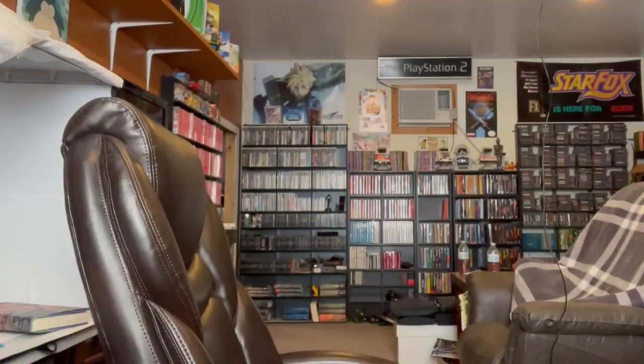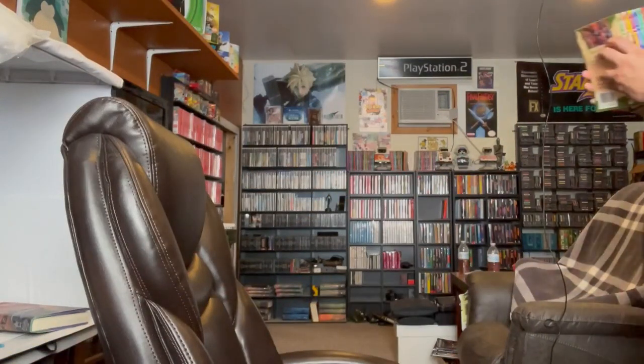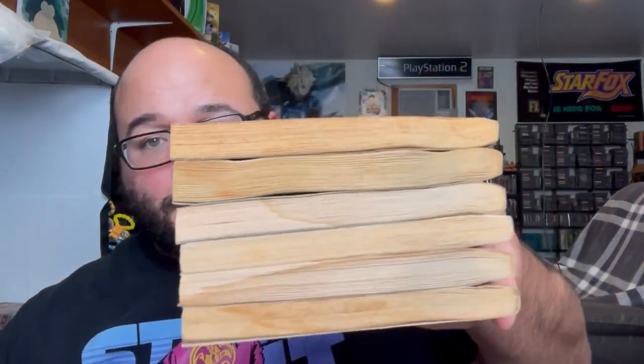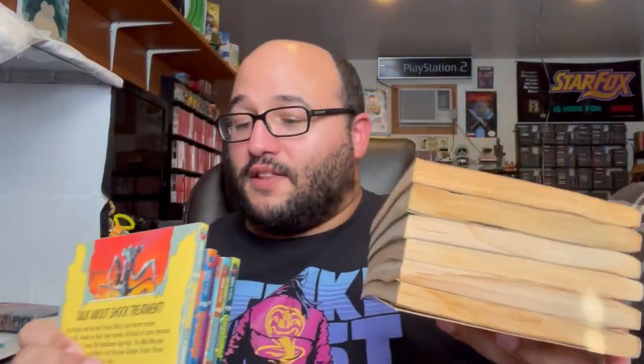And I look and let me just show you. These are the ones that got it the most. 40 through 45, water damaged, gross. And the thing is, I probably had all these like as duplicates when I bought from my friend Ronnie. I bought an almost complete Goosebump collection from him that I was able to upgrade the condition on. But now that they're water damaged, it's just,